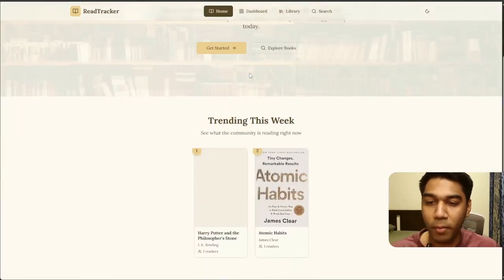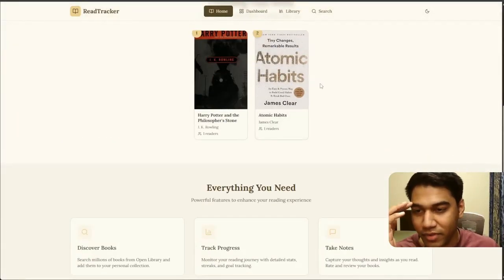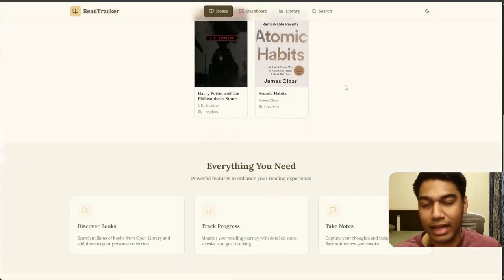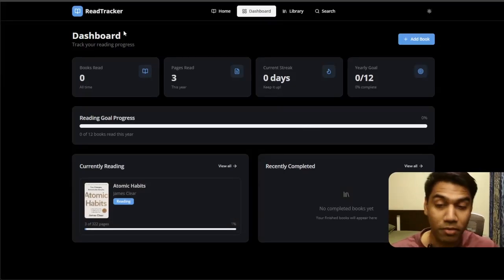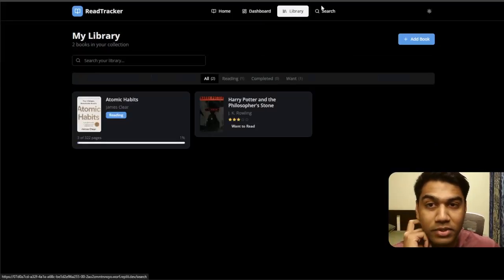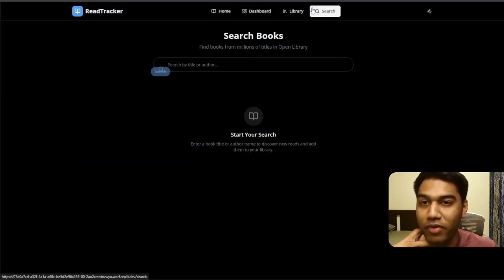The homepage could have been better. It's trending this week. I get it, they have actually linked it to the number of users. I'm glad it has a dark mode because it looks pretty cool. And given that I did not give it that option and it created it automatically, it gets pretty good. Really, really good. On a score out of 5, I'll probably give it